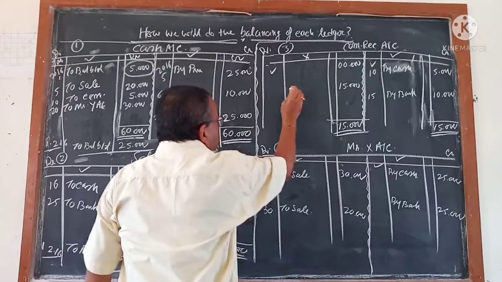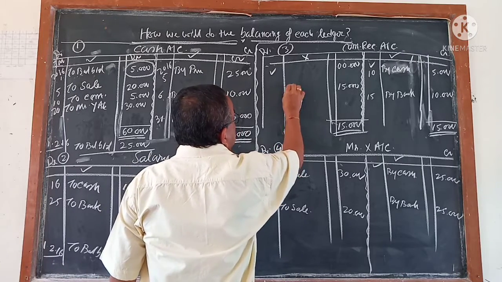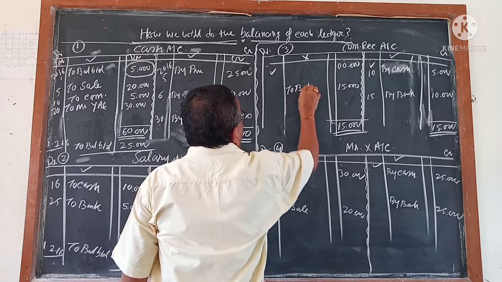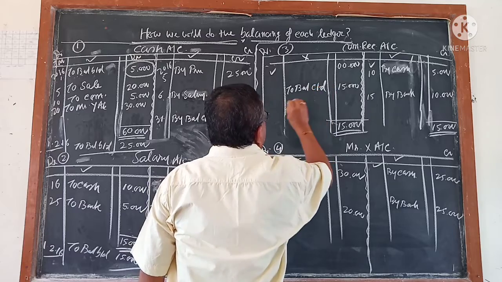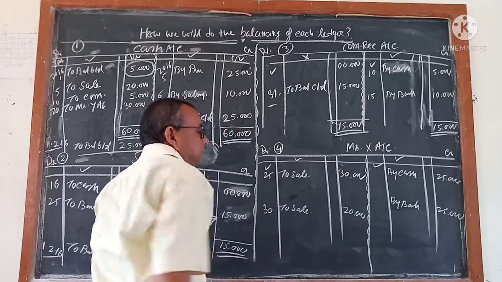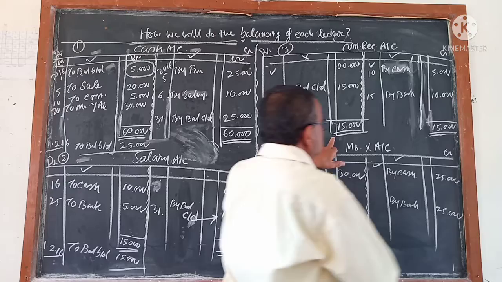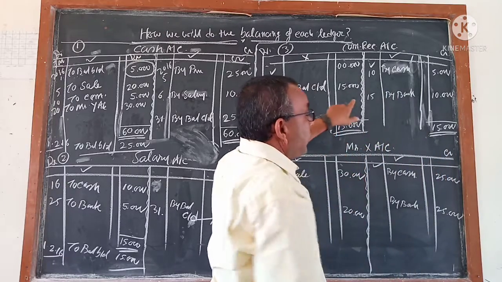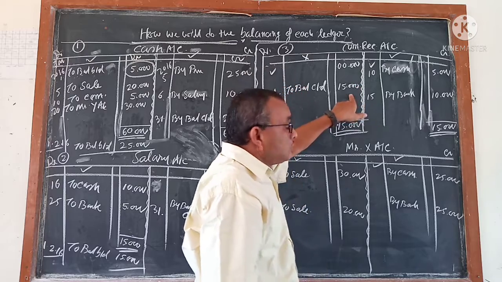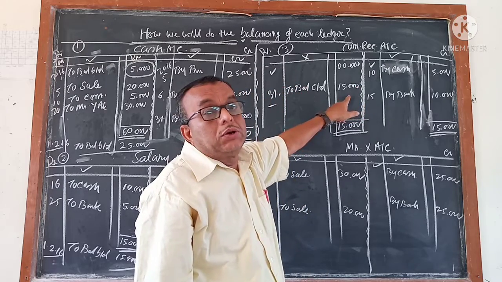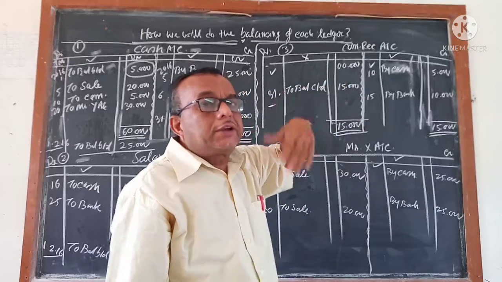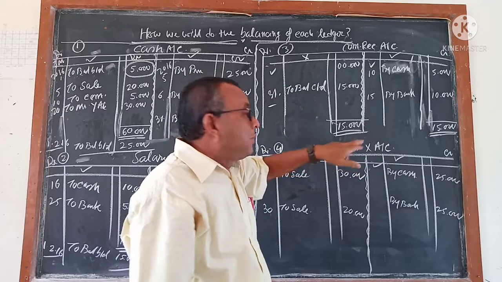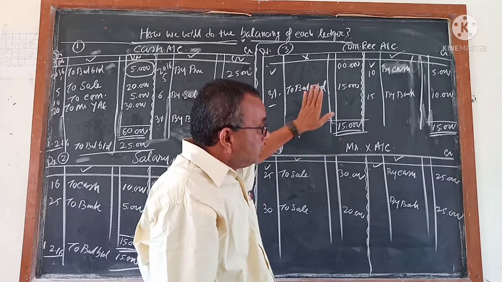And this is two sides. Don't write this is by side. This is two sides. So it will come to balance CD. And 31st. So this is first step. This is second step. Which side is less? That side balance will come above the total. Which side is less? That side balance will come above the total, and that is CD balance.